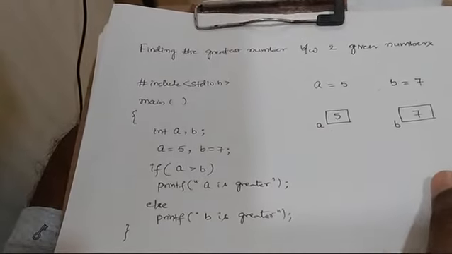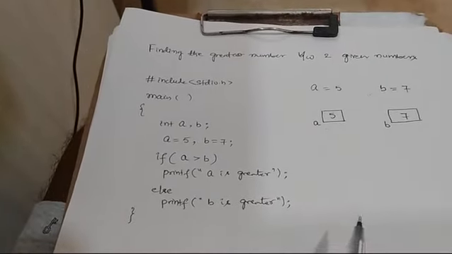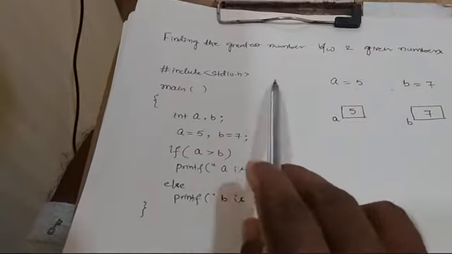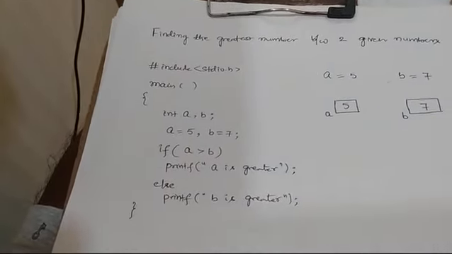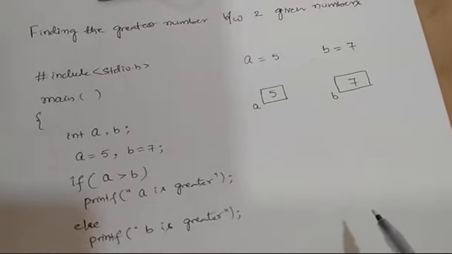Okay. Now next program, actually this is our objective. The question is finding the greatest number between given two numbers. You know this program already, we already studied in the previous classes. How to read this, how to solve this.